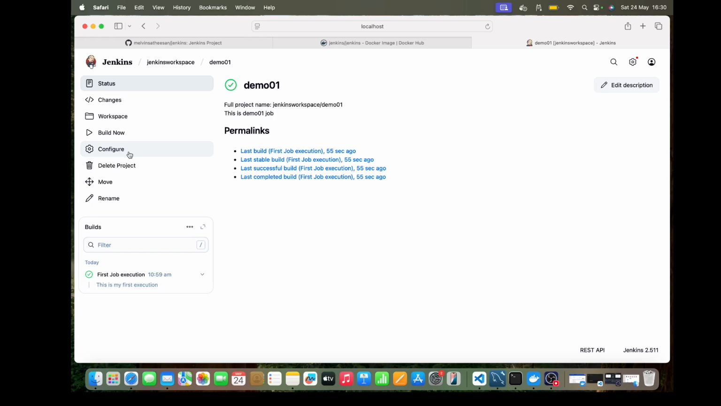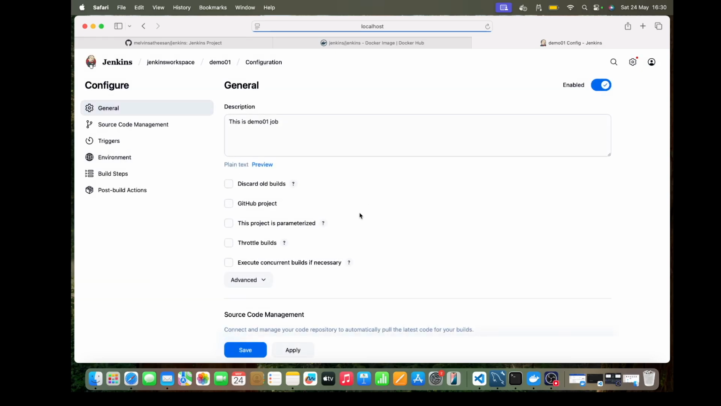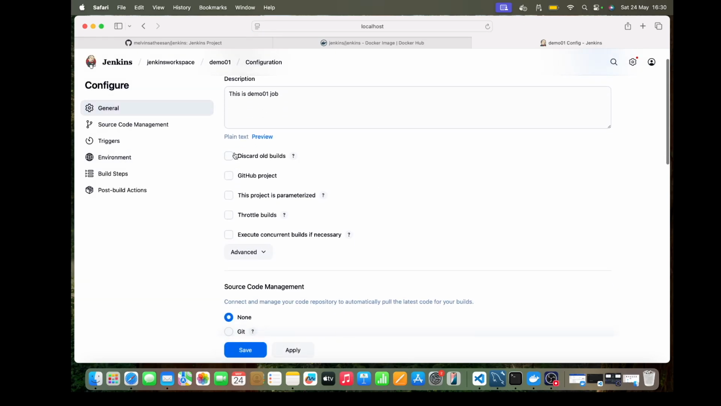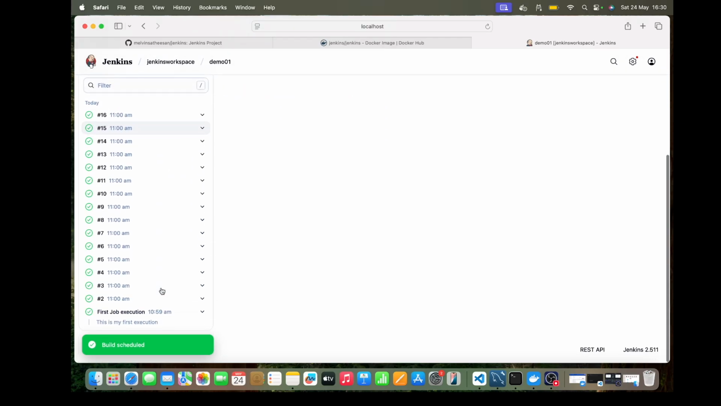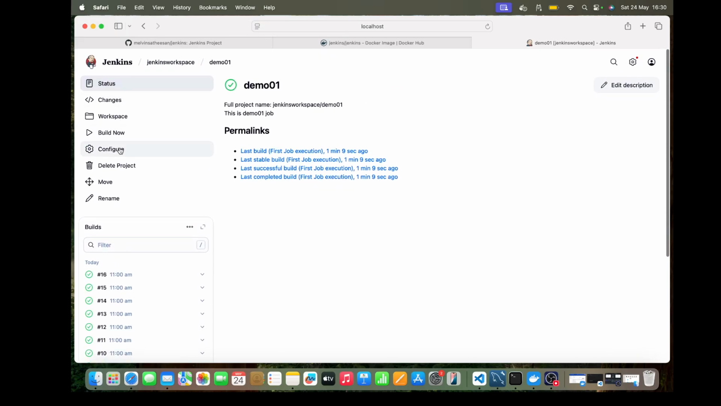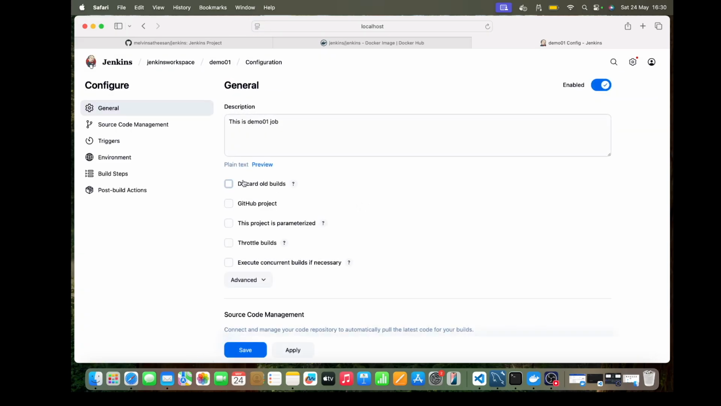We need to edit this job. Configure, discard old builds. Before doing that, let's execute a few more times. I've just executed this many times. This has been executed 2, 3, 4 up to 16 times. Perfect. Now we will go to configure, discard old builds,